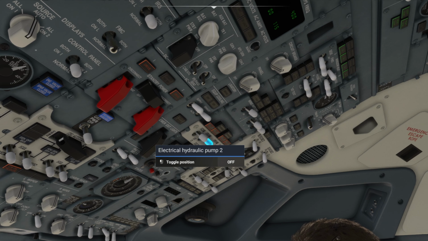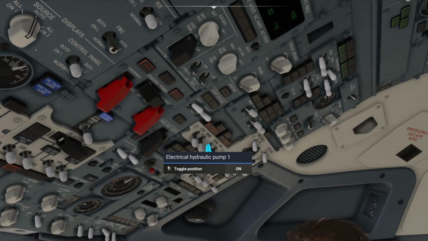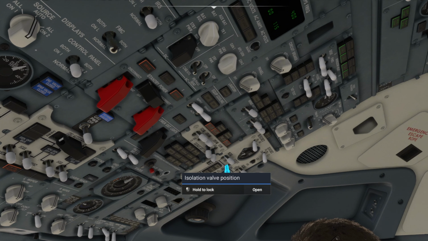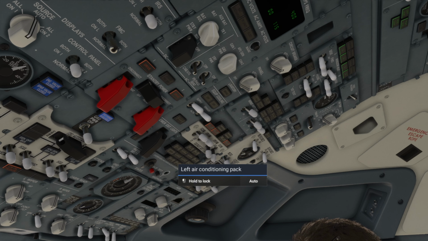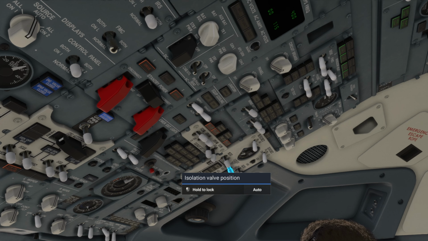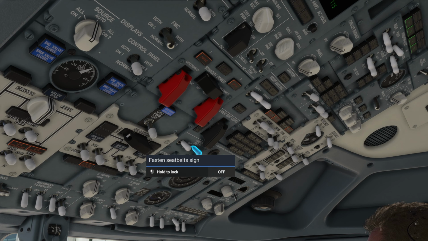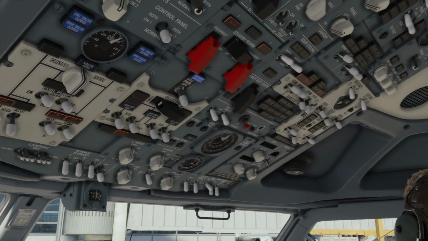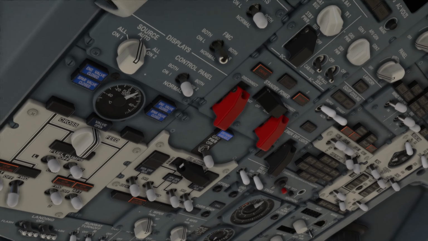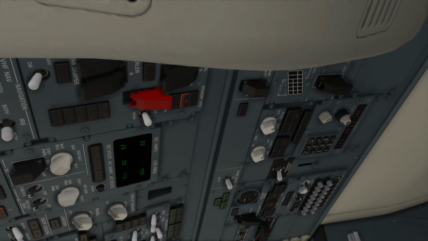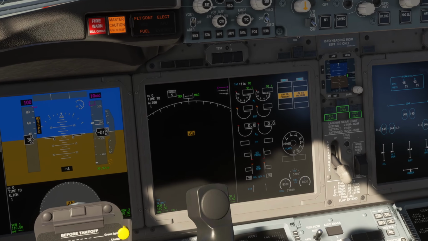Make sure that your engine hydraulics, you can have it like this or like that. Doesn't really matter. I like to keep it like this, a little more realistic. So APU bleed air on. Packs at auto and isolation at auto. You can turn your seatbelts to auto and smoking to auto. Make sure that this anti-collision light stays off for the moment. And that is everything. Once this has aligned,